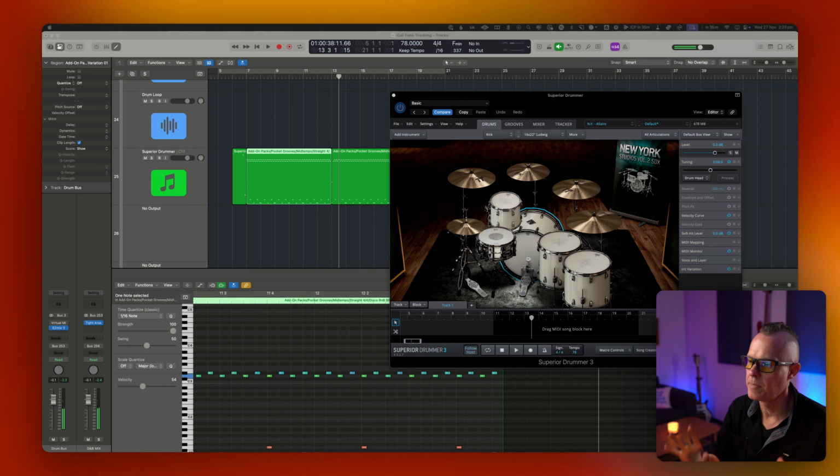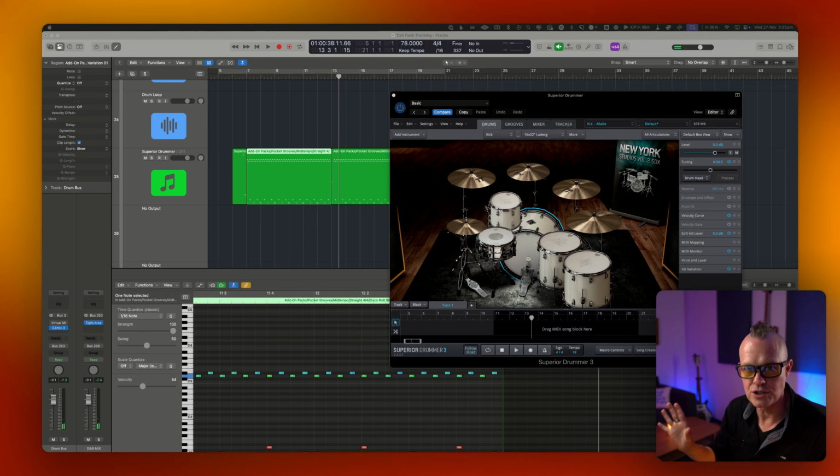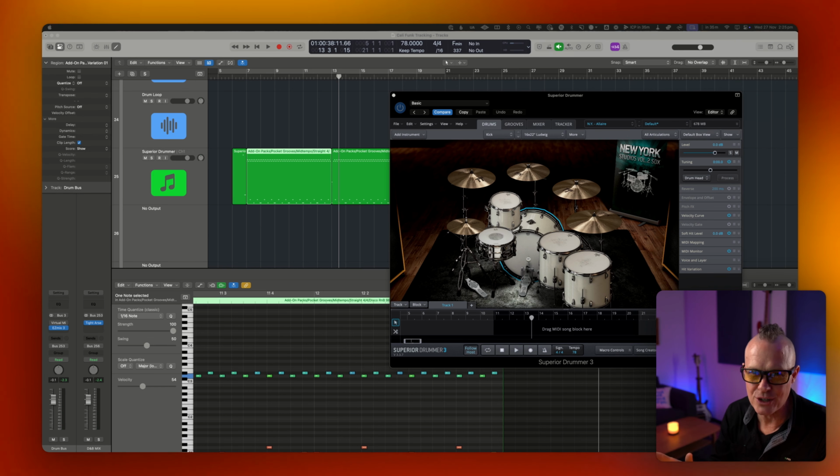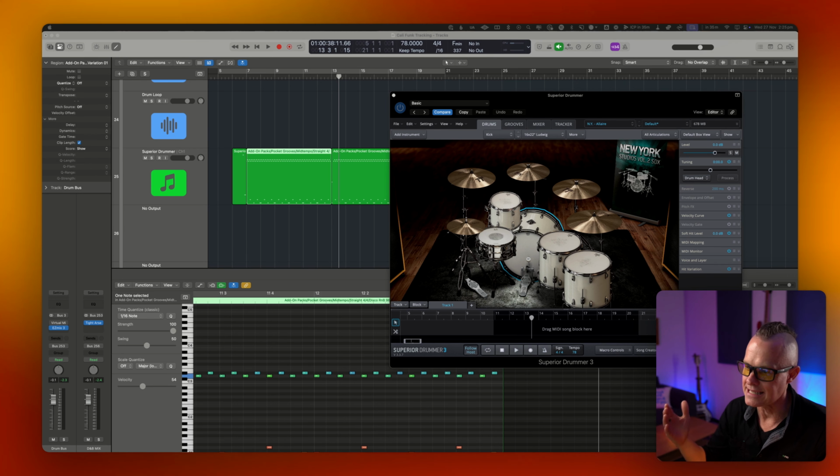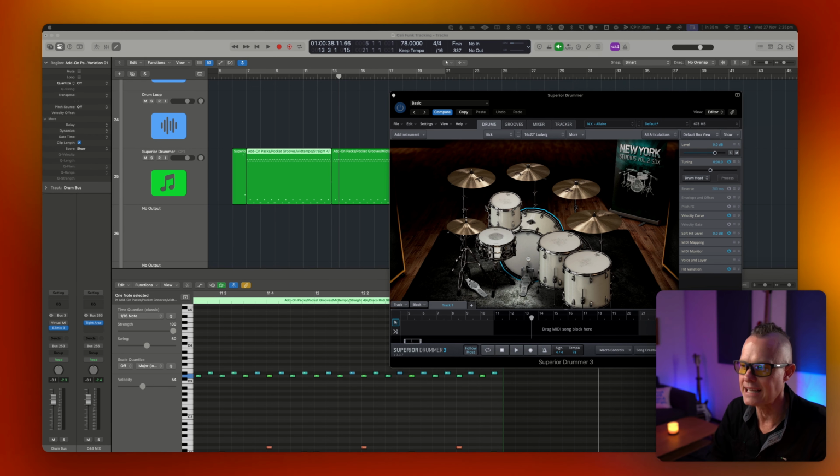Okay, now first of all, I'm a drummer. And I know lots of drummers, but to get a drummer to play that groove with that kind of consistency, and to mic up a drum kit to sound like that and record a drum kit to sound like that, could take a couple of hours. Whereas I was able to do this in less than 10 minutes by using Superior Drummer,